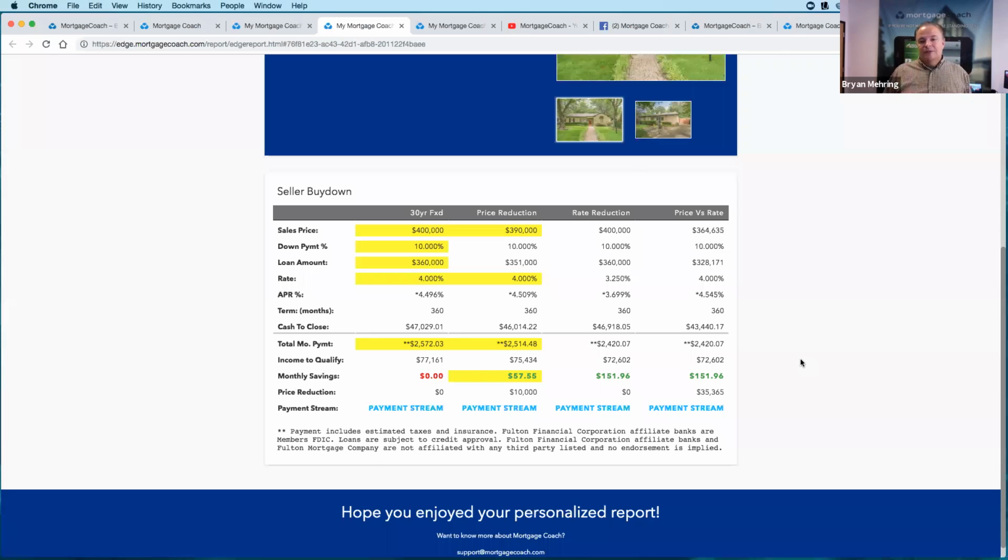Now, the last two columns is kind of where you could say the strategy really comes into play here. So rather than utilize the $10,000 towards reducing the price of the home, you're going to want to have the buyer and the buyer's agent write the offer so that they utilize that $10,000 to do a rate reduction. So rather than taking $10,000 off the price of the home, have the seller contribute the $10,000 towards reducing